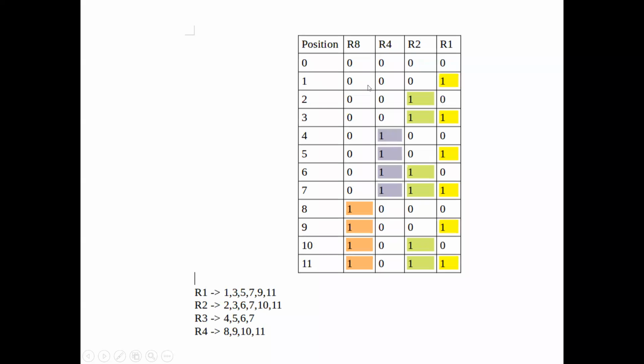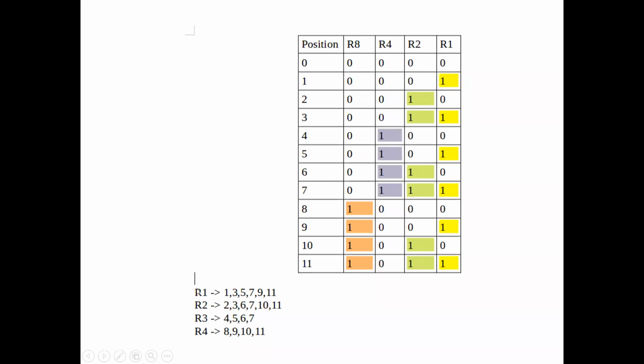How do we take that? See here, 1 means 0001, 2 is 0010, 3 is 0011, 4 is 0100. So this you already know. At which positions is the least significant bit 1? At position 1, the least significant bit is 1. At position 3, the least significant bit is 1. At position 5, 7, 9 and 11, the LSB is 1.